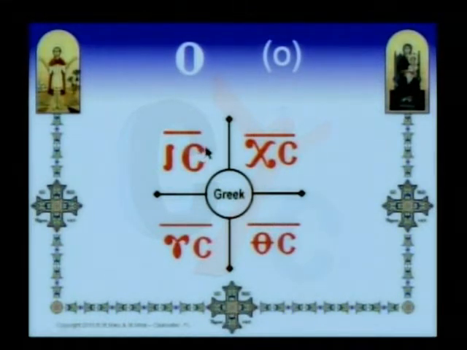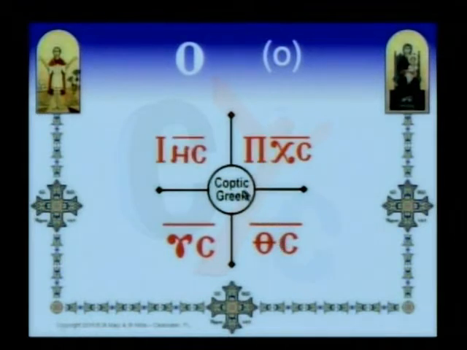So let us see how it looks when we put it on the garbs in the church, like a tunia or something. If you want to write them in Greek, it's going to be this way: Isos, Christos, Ios, Theos. Sometimes people like to put the top ones in Coptic, so they will write Isos this way, and then Christos this way, the Coptic way, and the lower one in Greek, Ios, Theos.